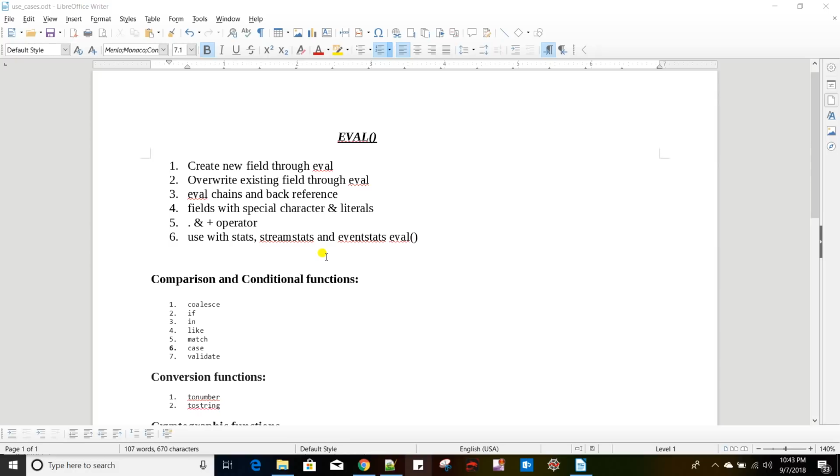Eval is a command which evaluates a particular expression, and then it posts that result as a new field or as an existing field in your search result. Whether a new field is created depends on the field name you are giving to the eval. Okay, now